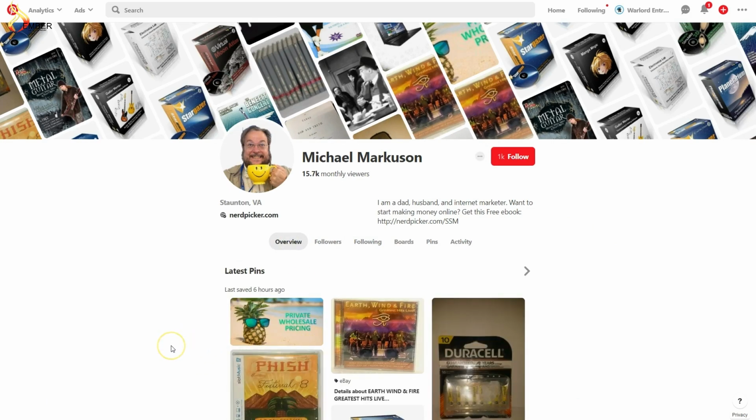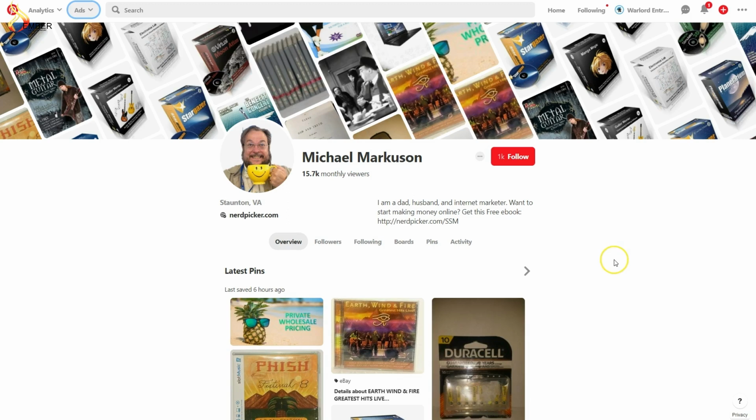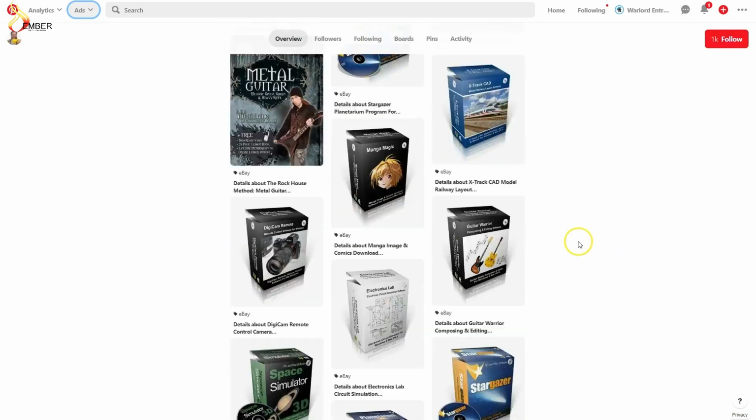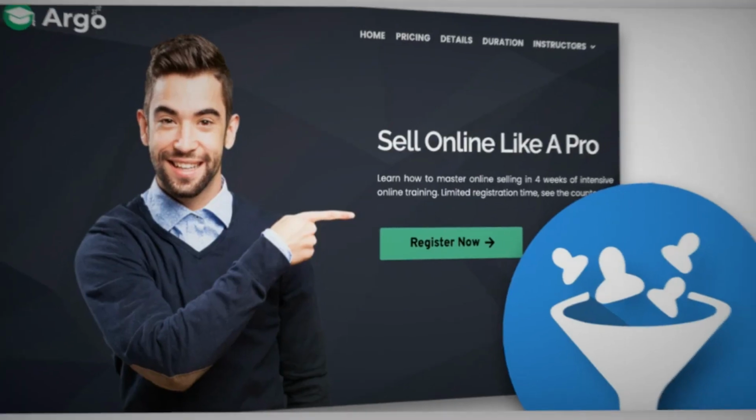So, guys, that's pretty much how you use Pinterest. Again, there is a paid advertising option here that you can utilize to really get your pins in front of people in a non-organic way. But if you are big on content marketing, and a lot of it is potentially visual, that you can use images as links to move traffic to other off-Pinterest properties, Pinterest is a great engine to use for your organic marketing in that case.